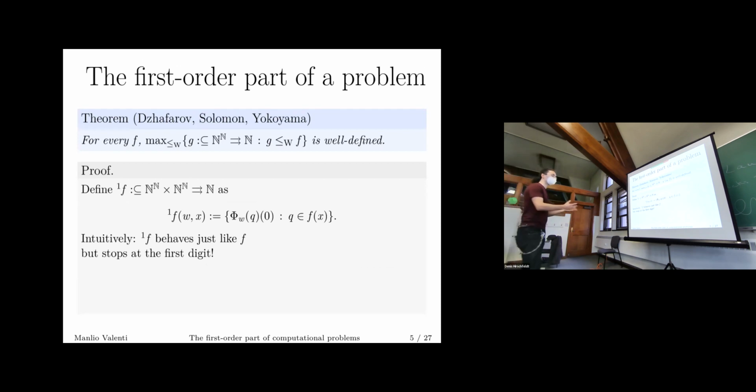This motivates the following definition, which can be made more general, but for now this is all we care about. We define the first order part of f as a functional that